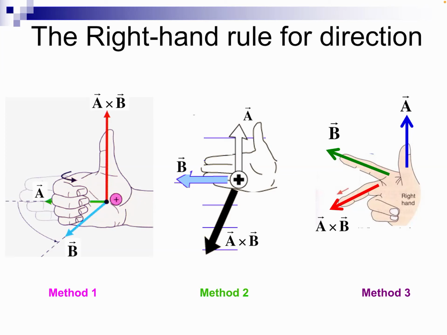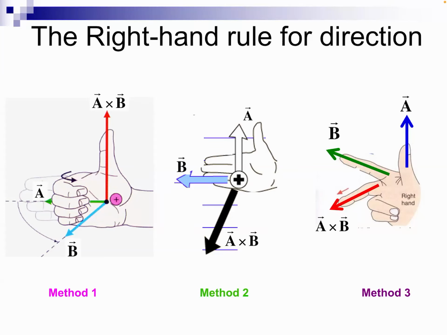And the third method, I want to call the three-finger method, where you use your three fingers. Your three fingers form right angles with themselves. The first vector is represented by the thumb, the second vector by the forefinger, and the resulting cross product is represented by the middle finger. So A is upwards, B to the left, and A cross B is pointing to you. You can use any of these